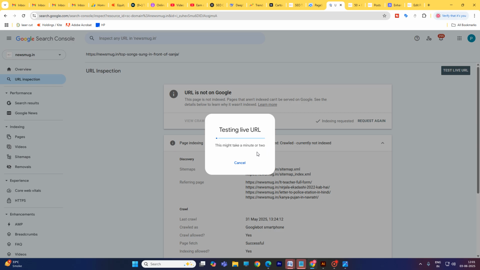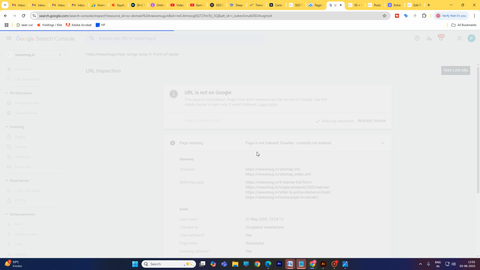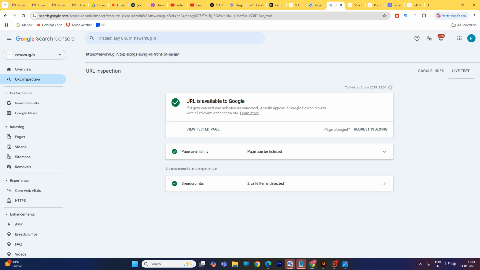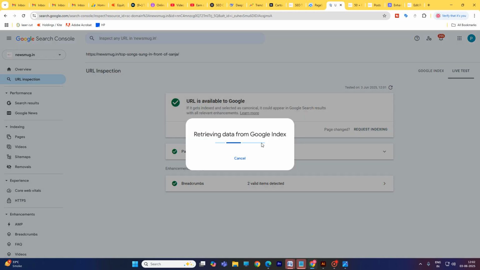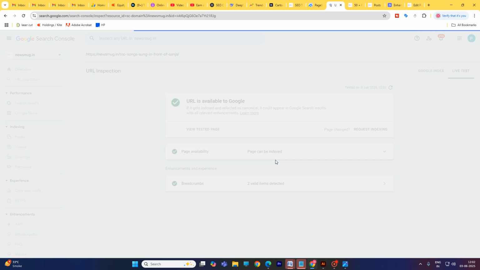This technique will be very helpful if your post is not available in Google and this error appears. This is my URL. Before, I pasted this one, and I will check whether it is indexed or not.